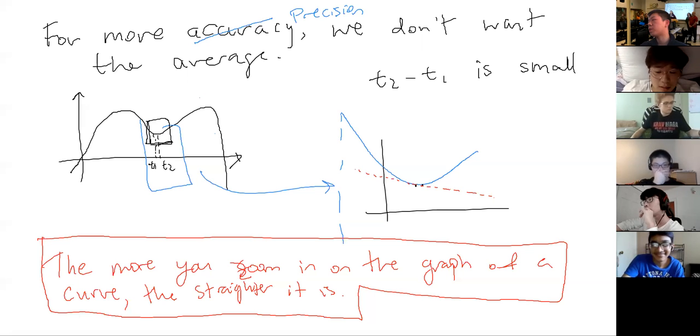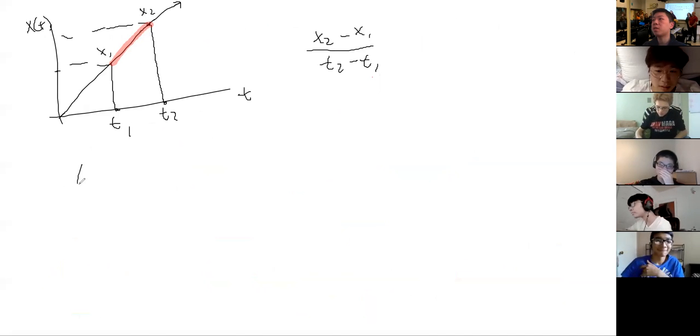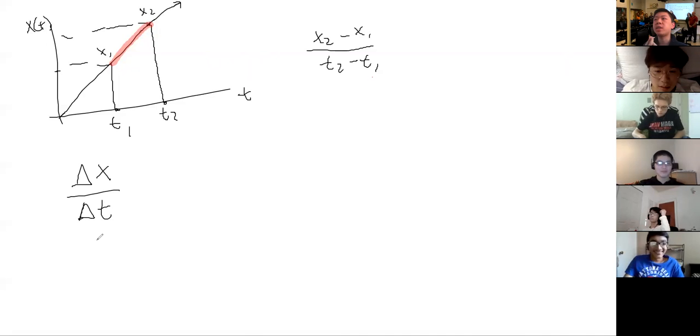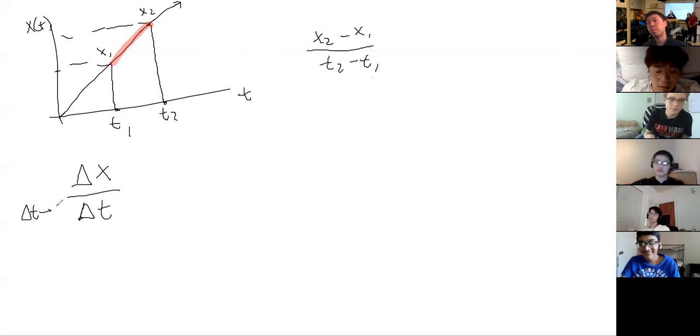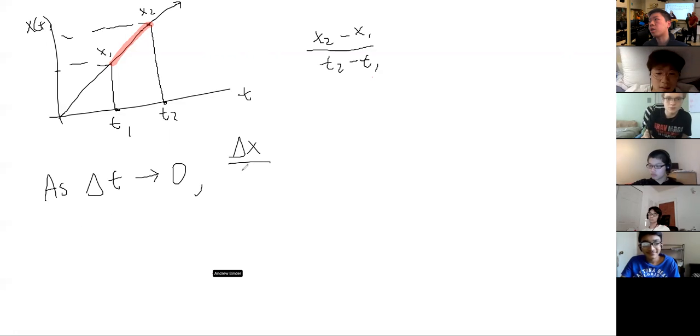Which is why, when we do the process of zooming in, we can say that for delta x over delta t, we want to make delta t small, right? So as delta t goes to 0,